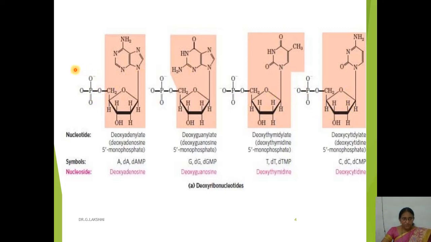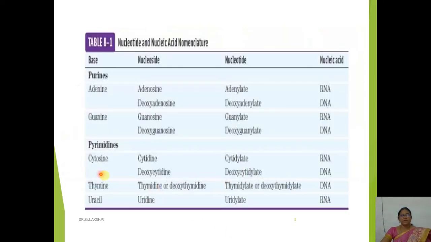When in the place of one phosphate, three phosphates are present, they are known as triphosphates. Nucleotide triphosphates means three phosphate groups are attached to the fifth carbon atom of the deoxyribose sugar. So this is the representation of nucleosides and nucleotides for the corresponding nucleic acid.